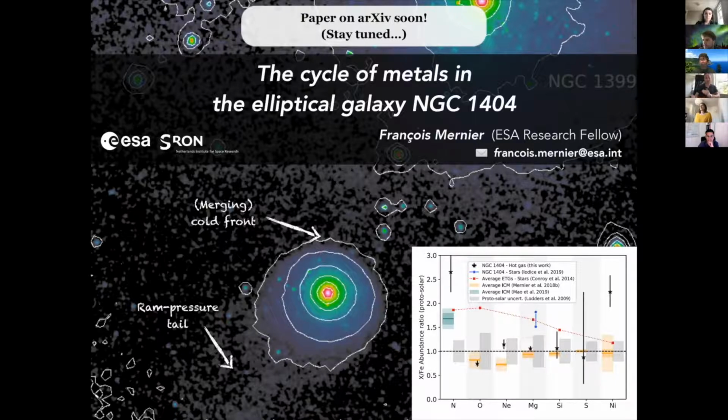When I say abundances, I mean not only iron, but also very interesting other elements such as magnesium and silicon. So one result I'm going to show you here is a chemical composition of the gas that is remarkably consistent with that of our own solar system and the average ICM in more galaxy clusters, though it's still different from the stellar abundances of the galaxy. Another result is a spatial distribution of iron and other elements with powerful consequences for the enrichment scenario.